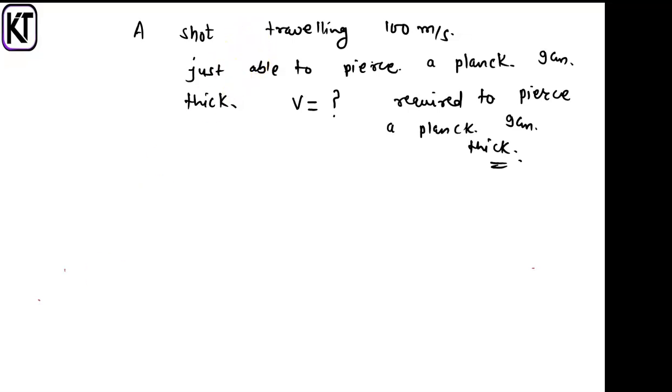A shot traveling at the rate of 100 meter per second. So the point is, its initial speed is 100 meter per second, and it is just able to pierce. So you see, the initial velocity, say v1, is 100 meter per second. First we are talking about the first case, and it is just able to pierce a plank of just 4 centimeter. Here it is 4 centimeter. It's not 9. Otherwise you won't be able to find it, right? So v1 is given as 100 meter per second, and it is able to pierce a